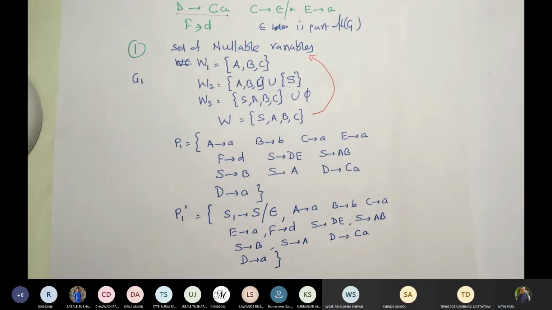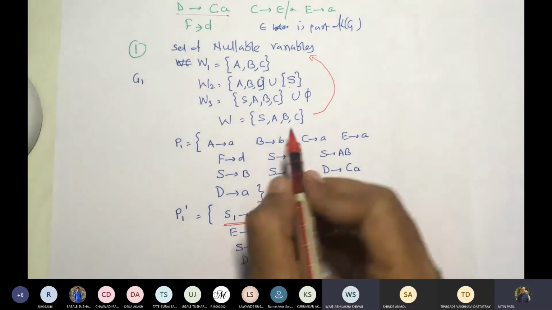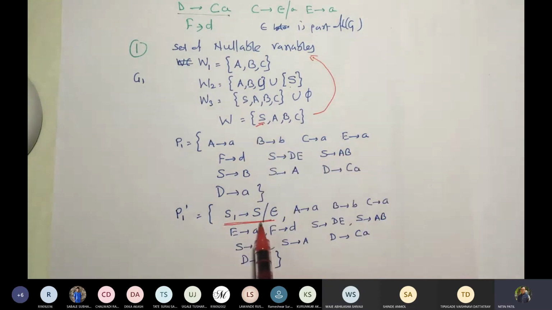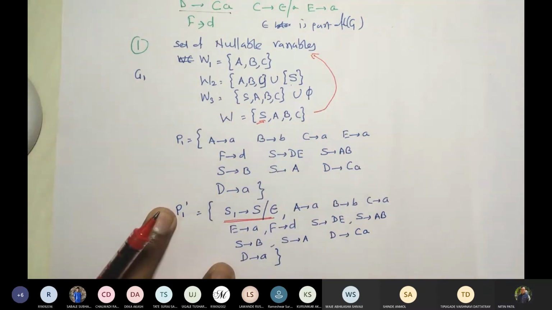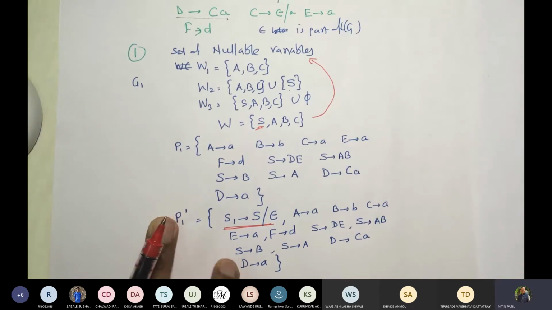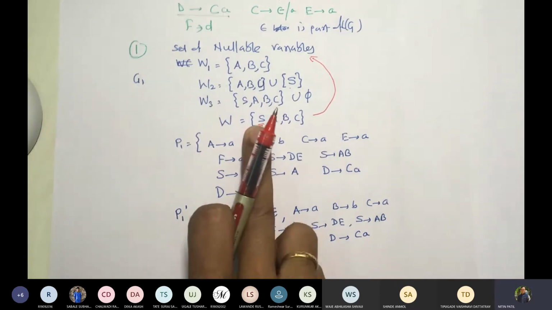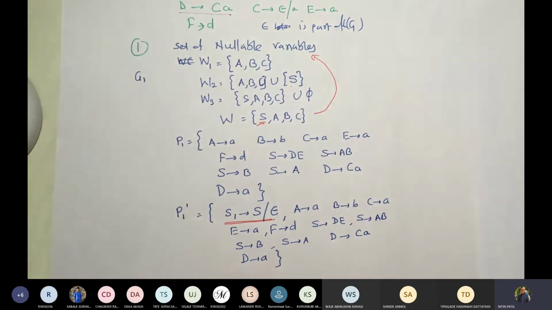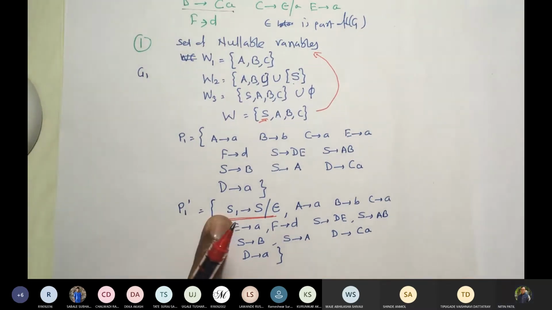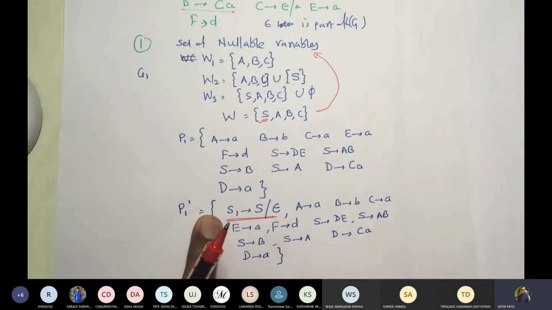Am I right? Why? Because S was nullable. That's why we added these two. Fine. Now, if your S is not nullable, if S never occurs, then no need to apply this. Am I right? Note this down somewhere. We will require this information. If S is not nullable, then we will never add these two productions. Now, in this grammar, S1 would be the start variable. S is not going to be the start variable. Now, S1 would be the start variable, because we will be starting with S1.